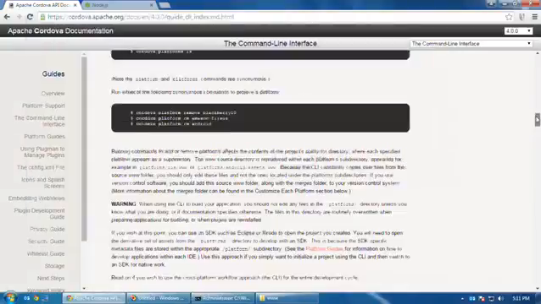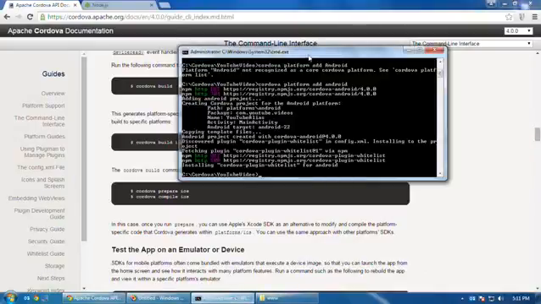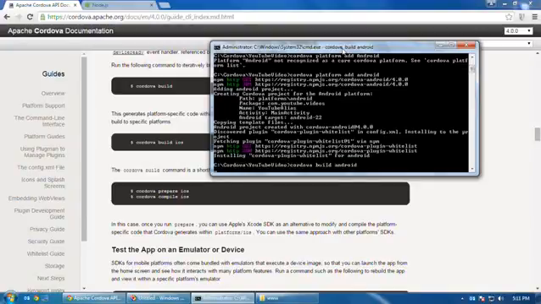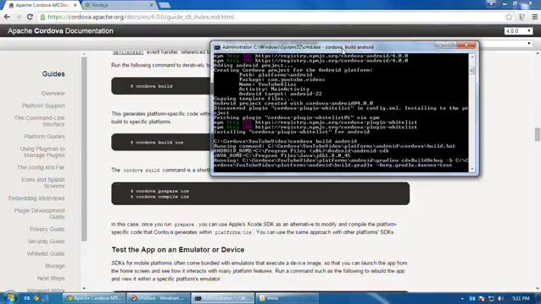To build your project, it's a very simple command. On Cordova website, you have to say Cordova build Android. Now this will create a build for you. Basically, it will create a APK file for you. Now you can take this APK file and you can copy it on your Android device via USB, by emailing it to your device or external hard drive. Whatever way is easier for you, you can grab that APK and put it on your phone